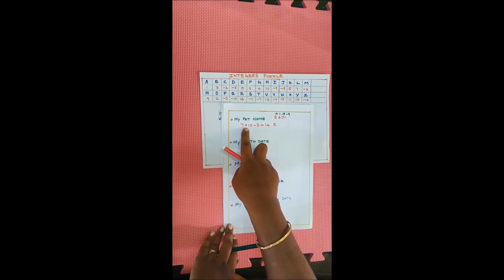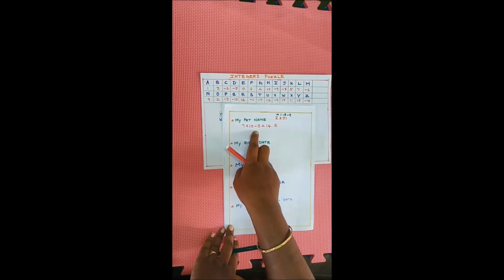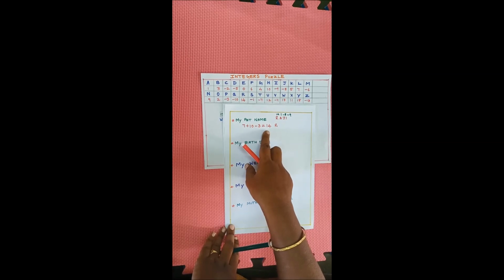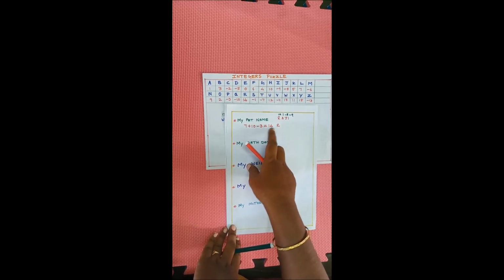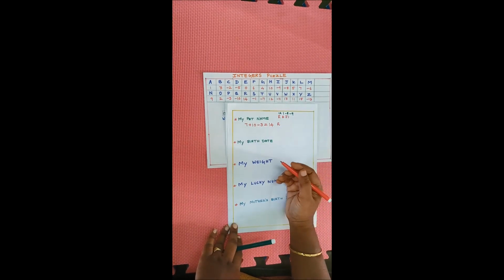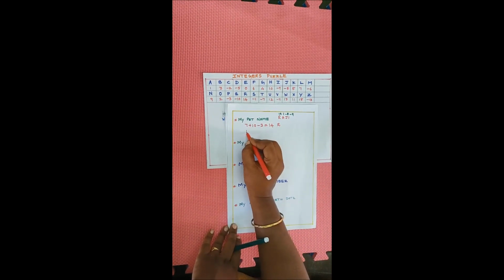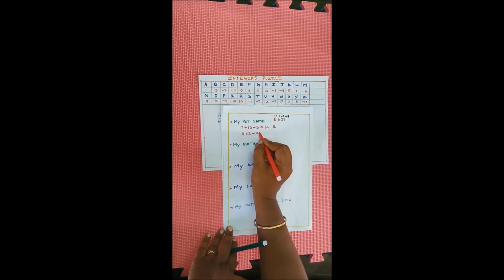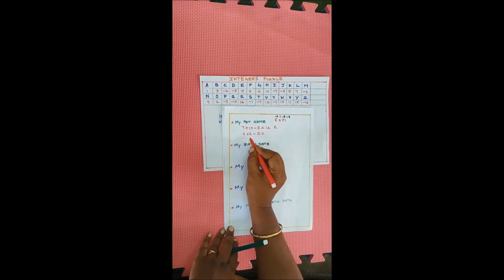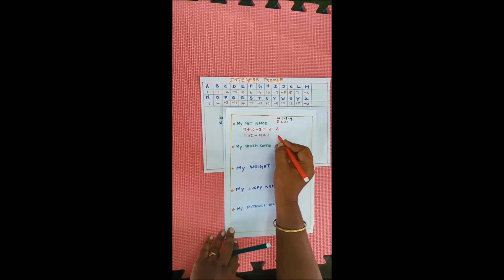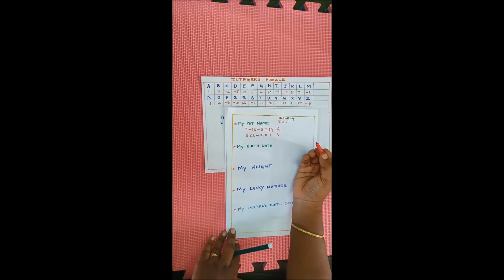See, I am using 2 operations, plus and minus, and I am not using 0 here, but I got the answer 14. Yes, and the number 14 represents the letter R. Next, 1. To represent 1, I am using 11 into 2 minus 21. 11 2s are 22. 22 minus 21 is 1. It represents the letter A.